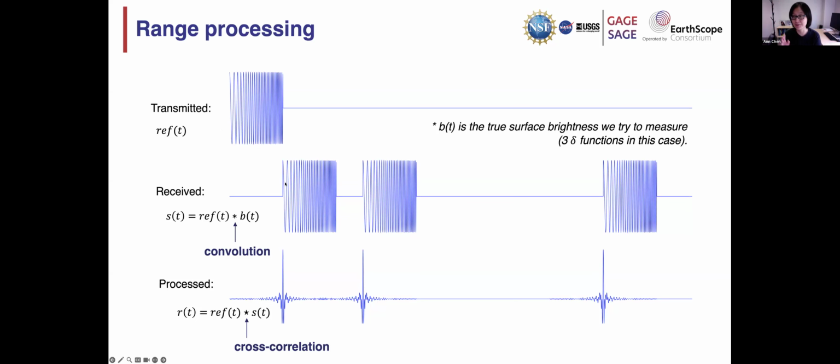So it's going to have a much larger spike. And also you can see for the first target that the compressed signal is much compressed in time, which means now you are able to distinguish two targets that are closer to each other, right? So that's why this matched filter process not only improves the signal-to-noise ratio, but also improves the range